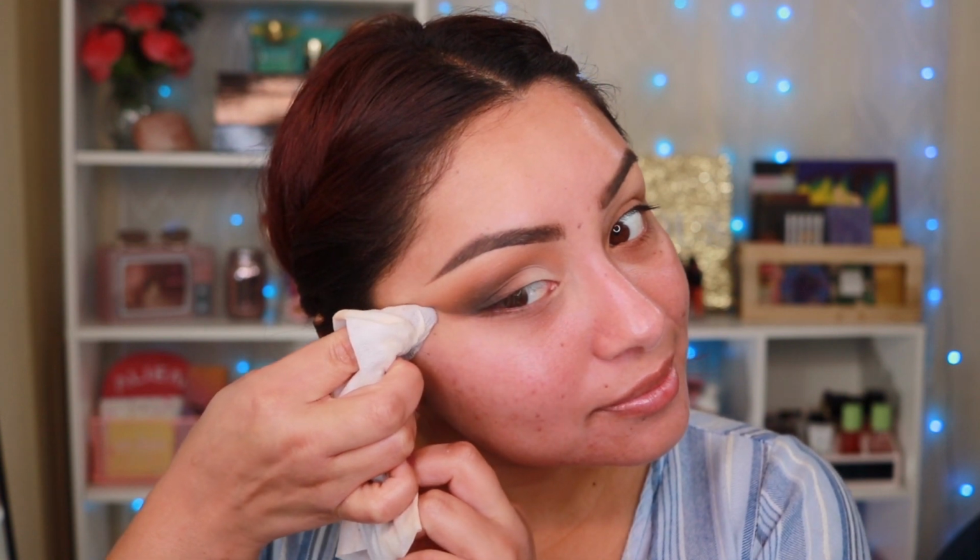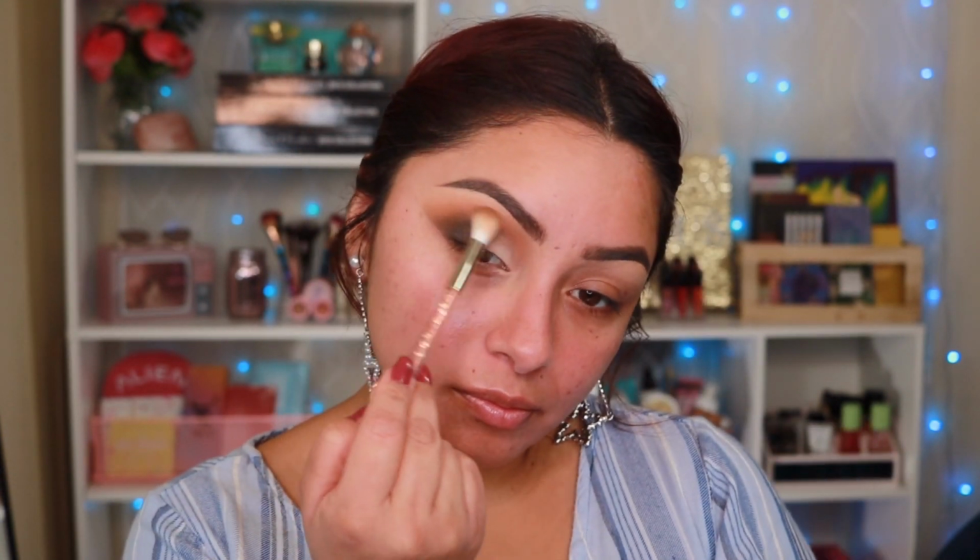Okay, now that I've done that, I'm going to clean this up and just blend this a little bit more. I like how subtle it looks in the inner part, and then it just kind of smokes out very subtle. So I'm going to go ahead and repeat the same steps over to this eye and apply some mascara, some lashes,